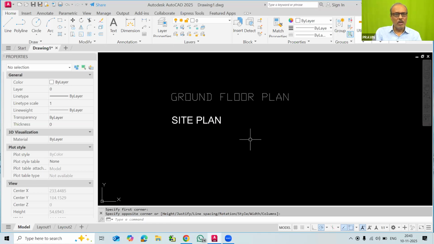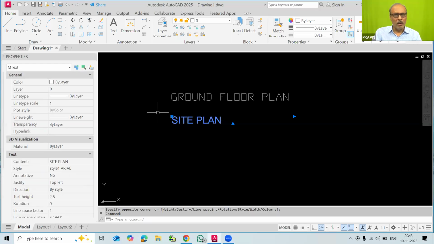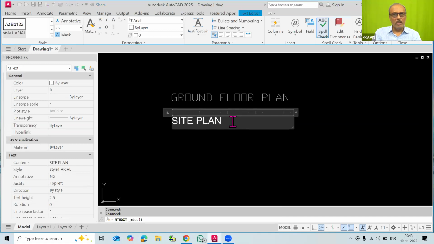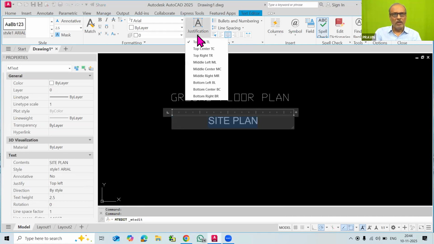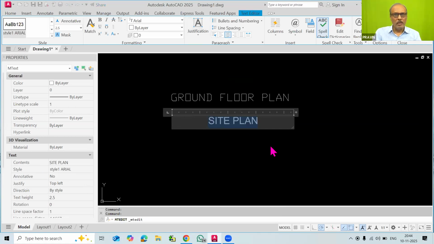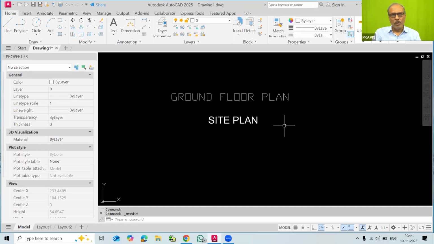Now the next thing that we have seen is that with this text we can also check the alignment. For the title of the drawing, we will check our alignment. We have to double click this. As soon as we double click this, we have to select this, and then the text editor dialog box appears. Here you can make it center, or you can go to the justification panel and set it as middle center, which should be the justification for this type of title, so that it is clear, and then you can close this text editor. In this way we have done that.